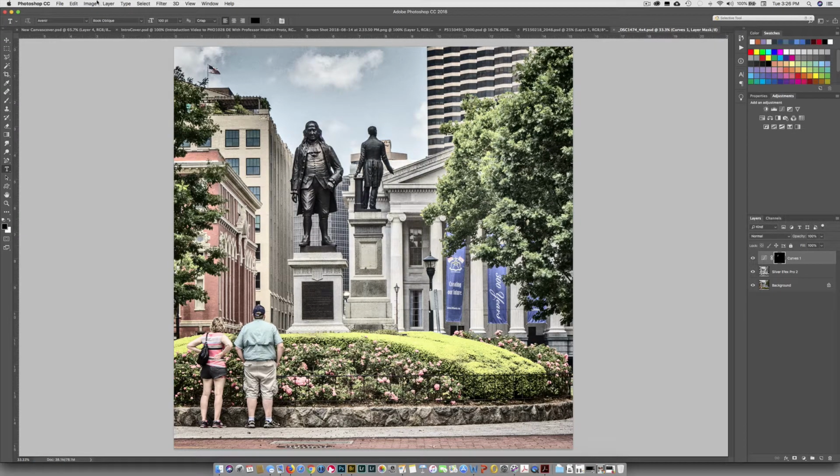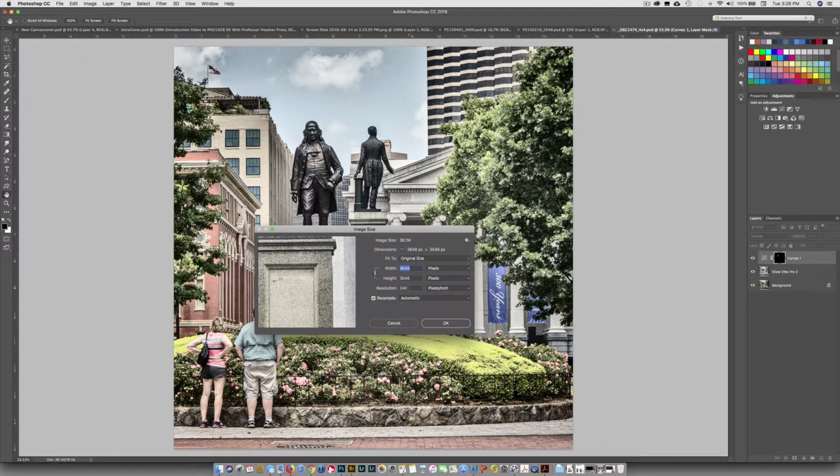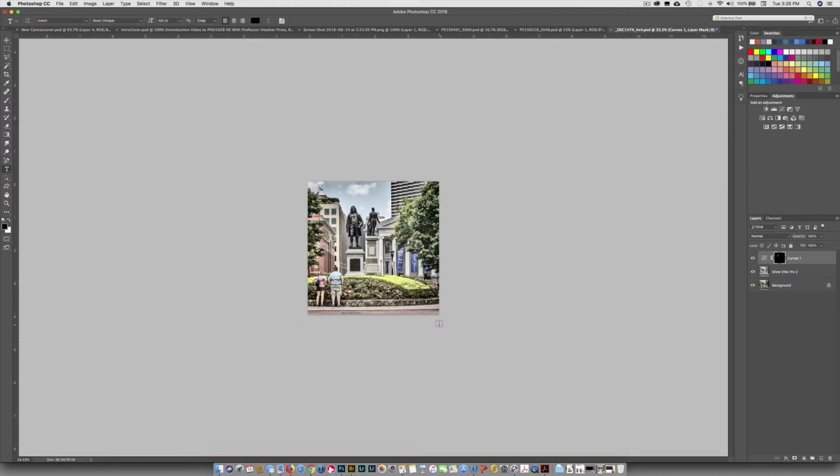Now I come up to Image Size. It's going to a print lab, so I'm going to change my resolution to 300. And I want it to be 4x4 inches, so I'm going to switch over to inches this time. And I'm going to type in 4. 4x4 at 300. Went from a 38.1 meg file down to a 4.12 meg file. Hit OK. And we're going to do Shift-Command-S